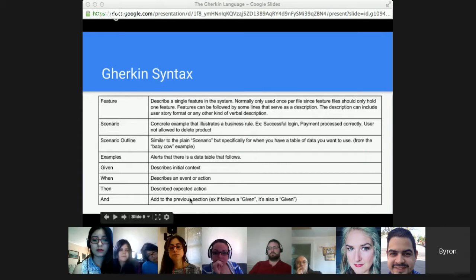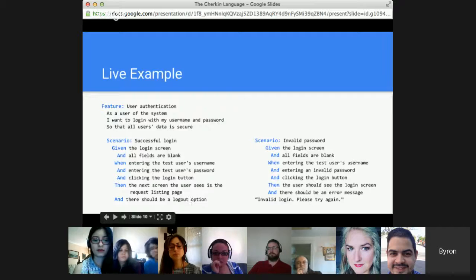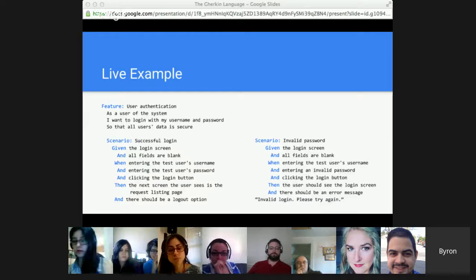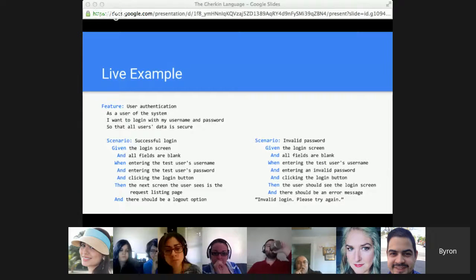So here's an example of a complete, albeit very simple, feature file. This is one that we're going to be using just a minute in a live example. The feature is user authentication. I took the liberty of putting a user story right below the feature. That's not required, but we do a lot of user stories, so it might be helpful to have it in the feature file. It actually doesn't affect the way Gherkin runs, and Gherkin doesn't use it. It's just there for our benefit.